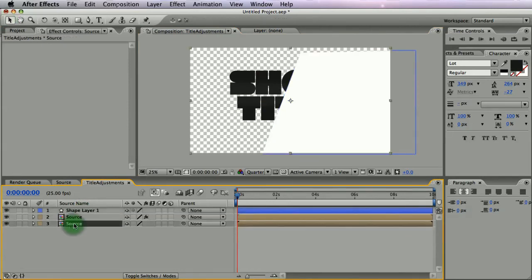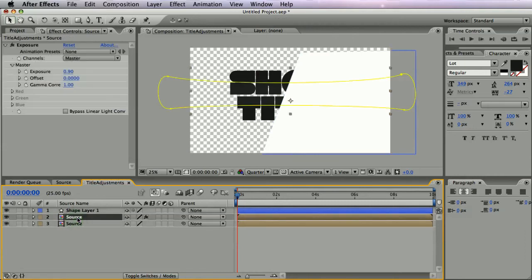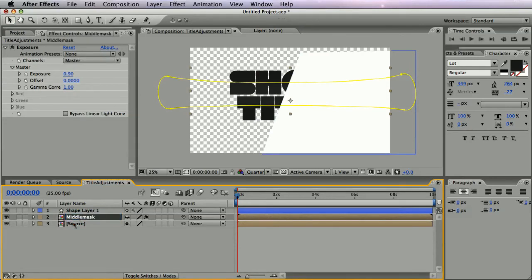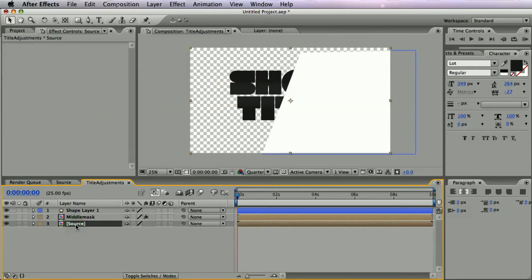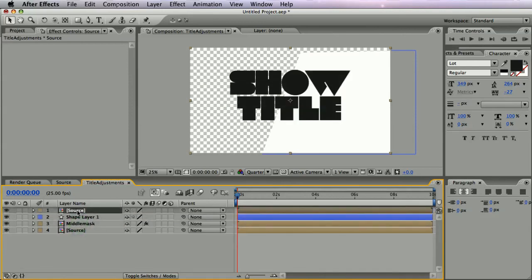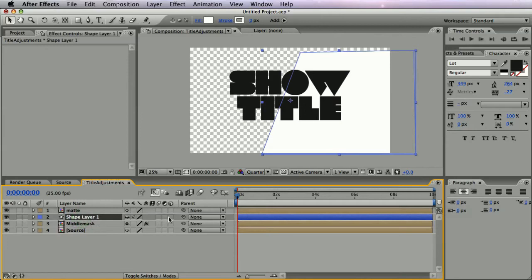So take the bottom source layer. Actually we need to rename those so we know what is what. This is middle mask. This is the actual title, and we will duplicate it. Command D or Control D on a PC. and bring it on top of your shape layer, and you can hit enter to change the name, and we'll call this matte. So now click on your shape layer, and if you don't have those buttons, which I also don't have,